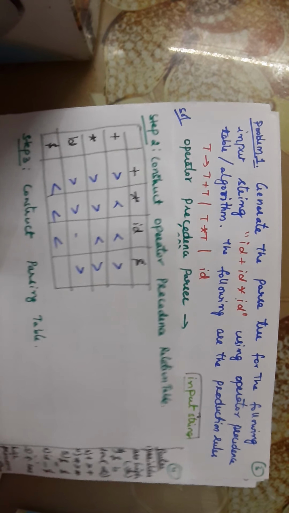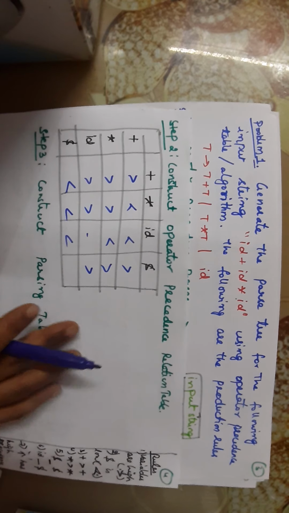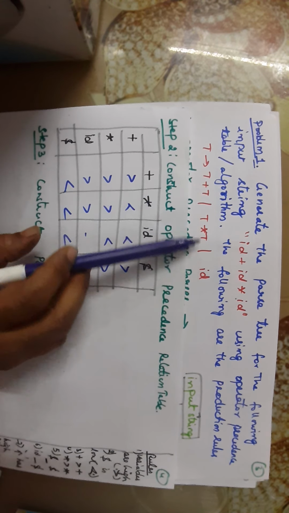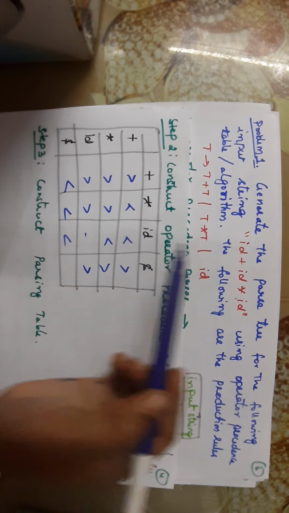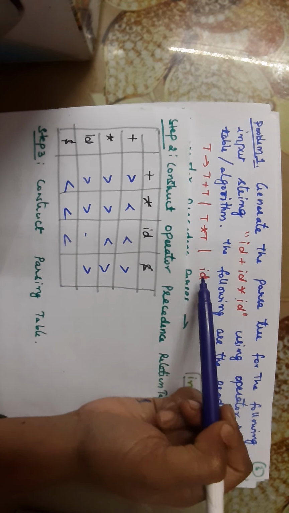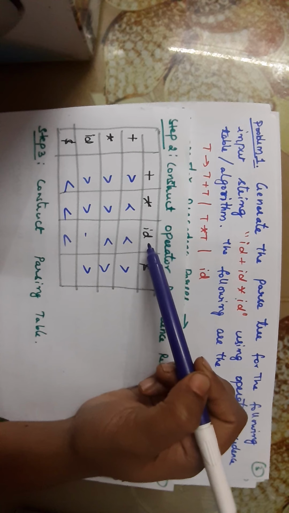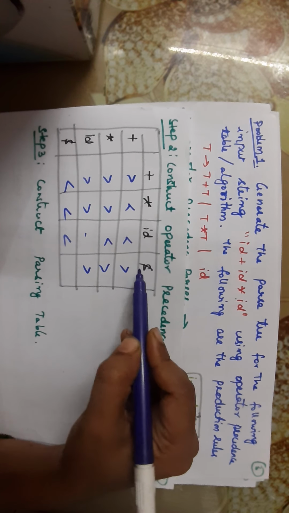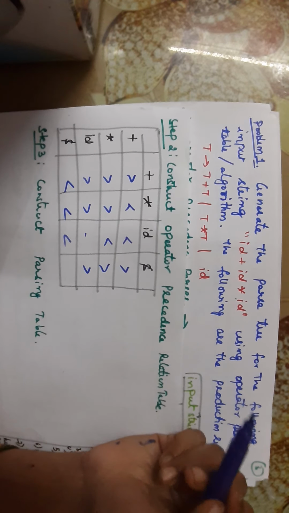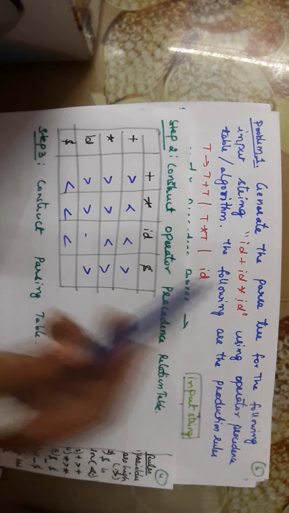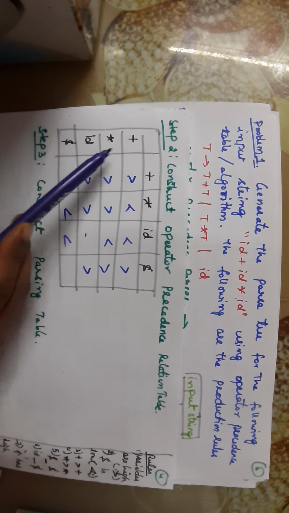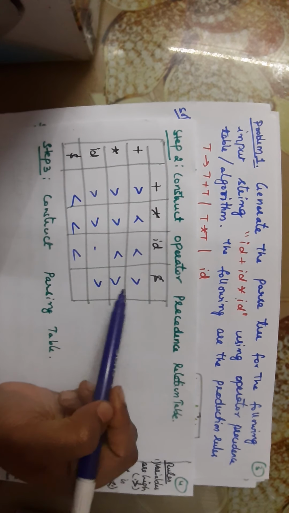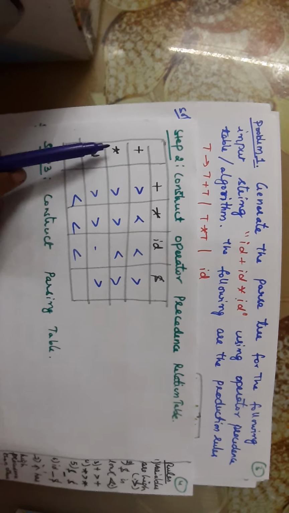We have to go to the productions which are given to us. The productions which are given are T plus T, T star T and ID. In this we have to identify what the terminals are. We have three terminals: plus, star and ID. So we have to write those terminals. By default we have to add a dollar symbol in this operator precedence relation table. Similarly, write down the same terminals row-wise also. So in the columns we have plus, star, ID and dollar. The same terminals are repeated row-wise here.